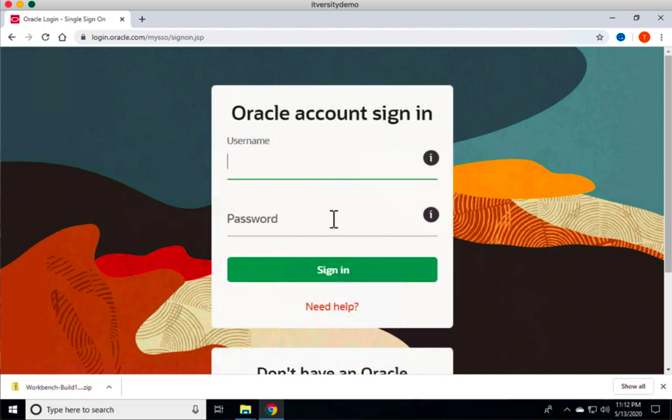It will start downloading the exe file once we enter the username and password of the Oracle account. You might have to have an Oracle account to actually download. My Oracle account is nothing but this one. I also need to enter the password here.